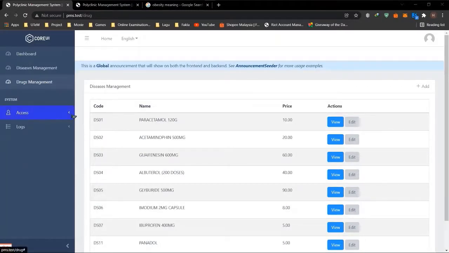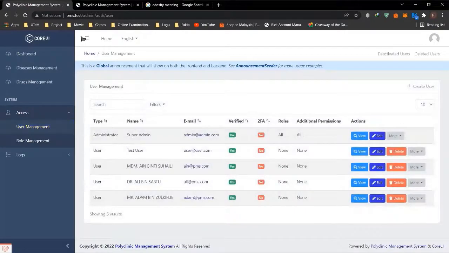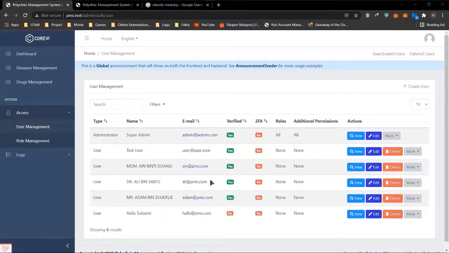To access the user database, the admin must click access button and then click the user management. The system will bring admin to the user management page. In here, we'll display all information about the user that is in the database. In this section, admin can view, edit, delete all the users in the system. To view the user, click the view button. For example, we choose HAFIS SUHAIMI account. To view, click view,